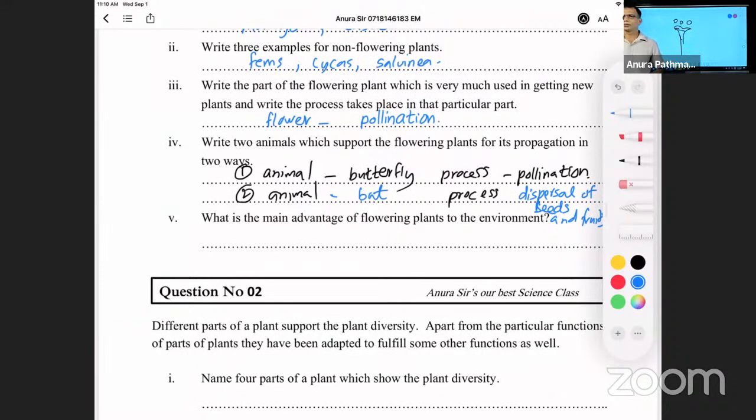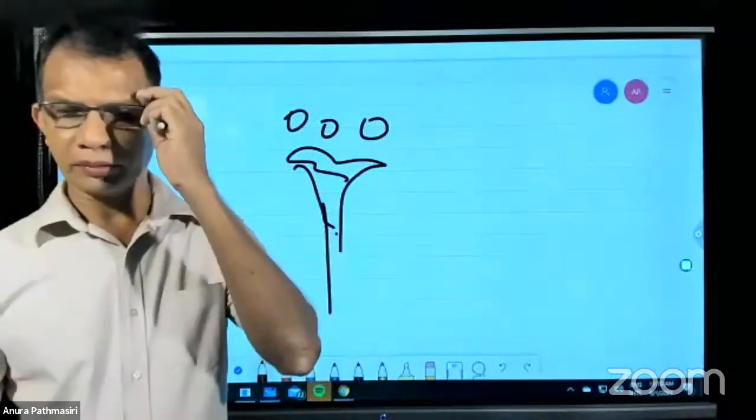Reproductive process. Your guess is super, but not the answer still. Produce new plant. No. Produce seeds. Reproductive process. It is biodiversity. Biodiversity. You know why? You can have